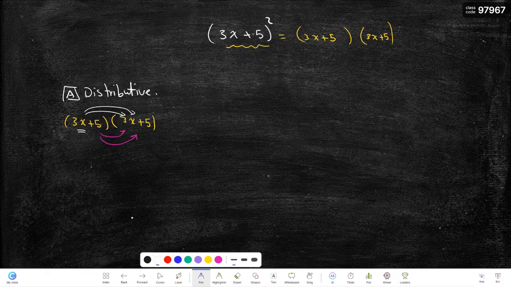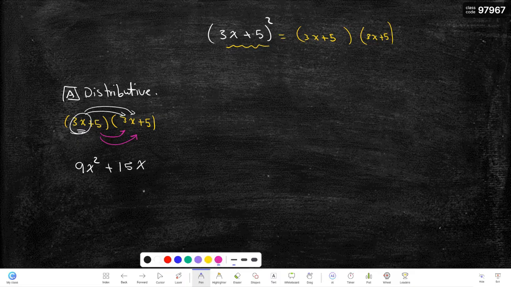So then find or combine the like terms, then find the answer. 3x times 3x is going to be 9x squared, okay? And then 3x times 5 would be 15x. So I'm done here. I finished the first step, which is multiplying 3x by every single term in the second